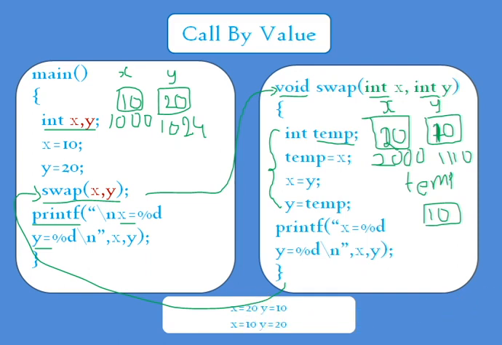That means in call by value, whatever changes are applied to the formal parameters or arguments will not reflect to the actual parameters or arguments. That is the call by value mechanism. Simply we are calling a function by sending the value. That means the value is copied to the variable available in the function definition. Whatever changes are made to those values will not reflect to the original values wherever the function call is. So that is about the call by value mechanism.